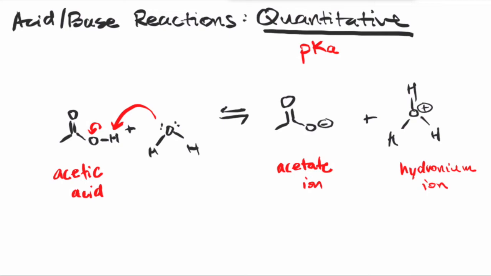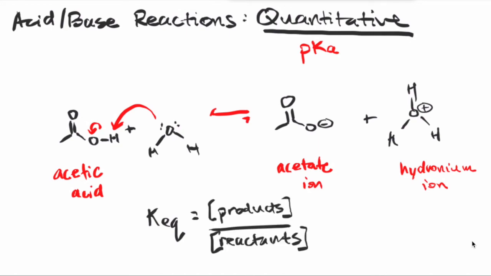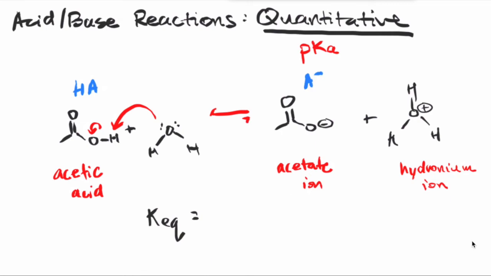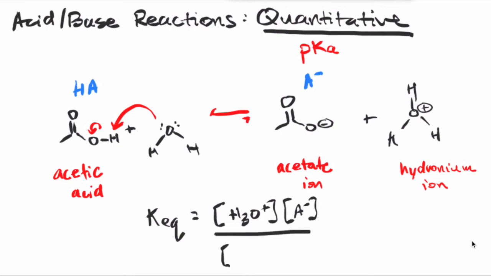And it turns out this reaction doesn't go much to the right. When the reaction comes to equilibrium, you have a lot of the reactants left and a small amount of product. This is why acetic acid is considered a weak acid. But how weak? We can define this term using the equilibrium constant. The equilibrium constant is a ratio of the products over the reactants. So let's fill in this equilibrium constant. We're going to abbreviate a few things here. We're going to call acetic acid HA, and therefore the acetate ion A-. So the equation comes out to be the hydronium ion multiplied by the acetate ion over the concentration of acetic acid,